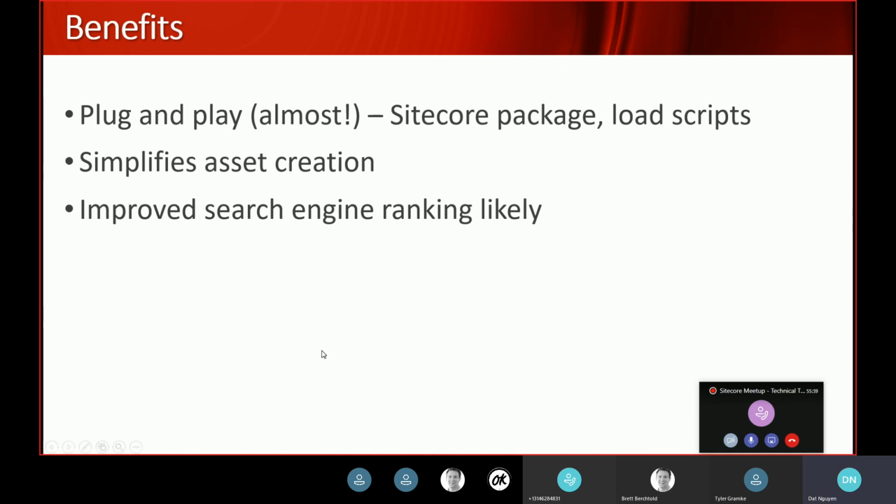Simplifies the asset creation. You only have to create the image once, preferably in the largest version that you can. So if you have a large image, you want it to be at a minimum about 1920 pixels for this to be really effective. Any lower than that, it actually doesn't create a version that's larger than the original